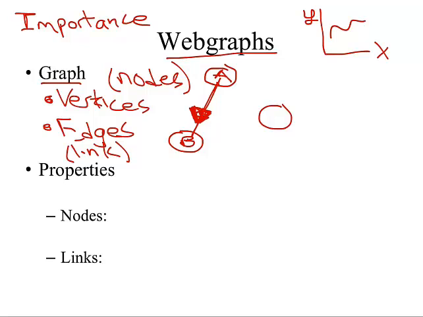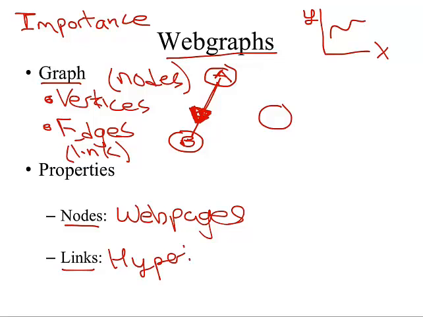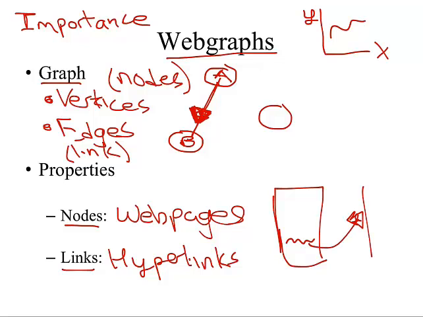And so in this case, the nodes that we're looking at are the web pages themselves. And the links we're looking at are these things called hyperlinks. And if you recall, a hyperlink is basically a reference to some external content from a web page. So if we're on a page and we see some line that has a URL on it that points us then to another web page, this is a hyperlink, and we could say that this page has a connection pointing